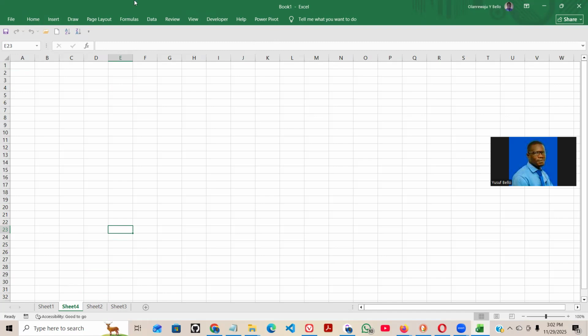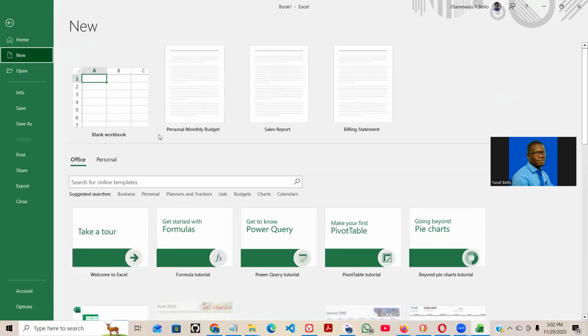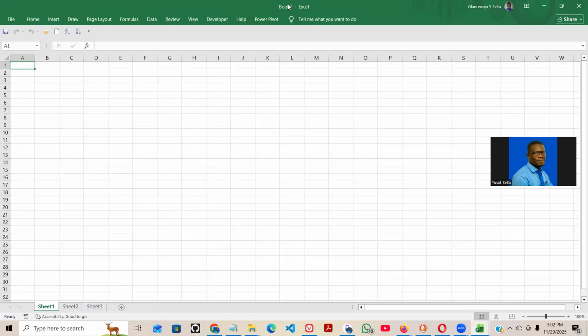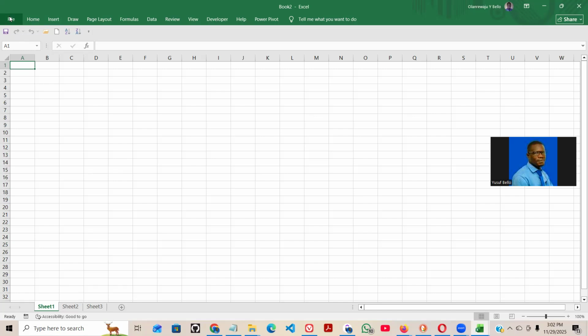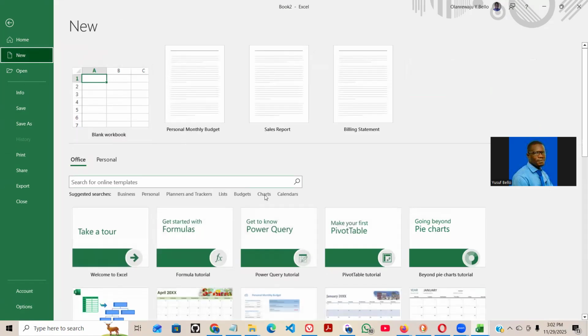It's important for me to let you know that you can create more workbooks by going to File and hitting New. If you go to New, you can create a blank workbook. You see, we have Book2, meaning that we now have two workbooks. This is Book1, this is Book2. And if you like, you can come here and create a workbook based on a template. There are different templates that you can adopt. If you want to create a workbook that has to do with sales reports or monthly budgets,